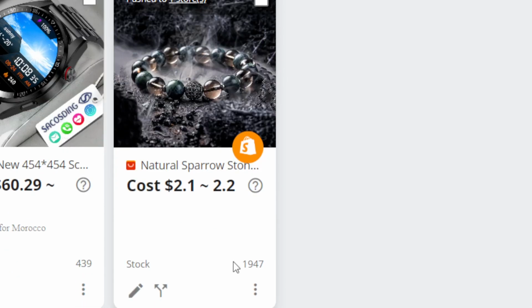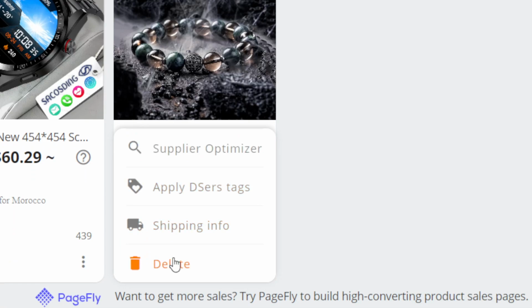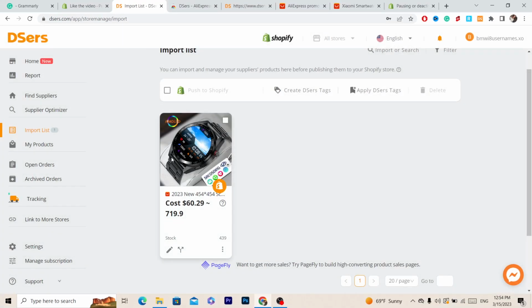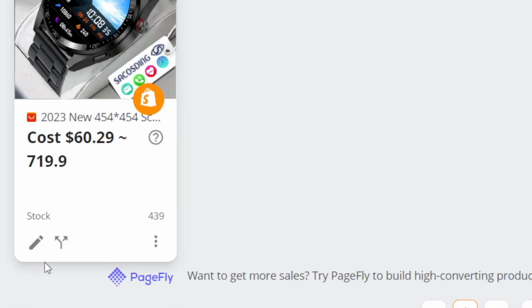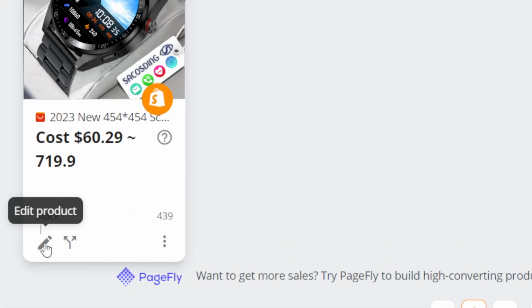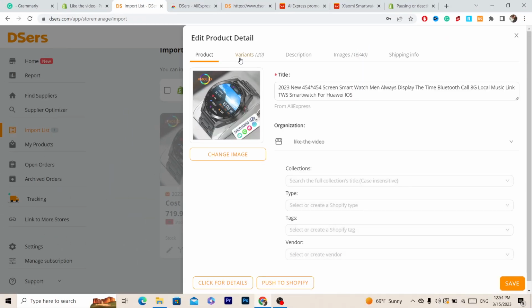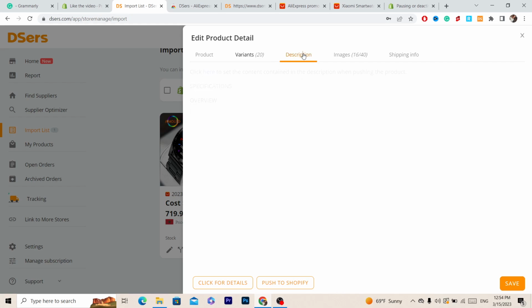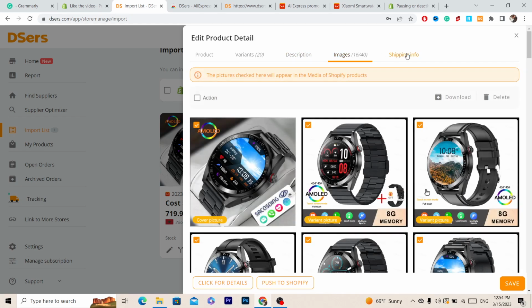I already imported another product. I'm going to delete it right now. As you can see, this is the product. Now before you push it to your Shopify, just click this pin. As you can see, this pin where it says edit product, click on it, and now you can click on variations if you want to delete a specific variation here, or description, if you want to delete the description, or images, or